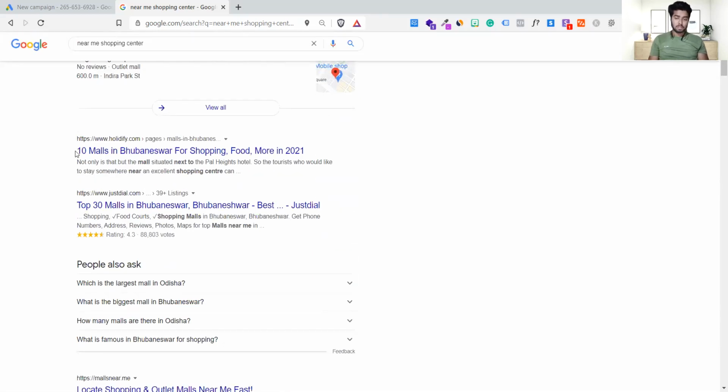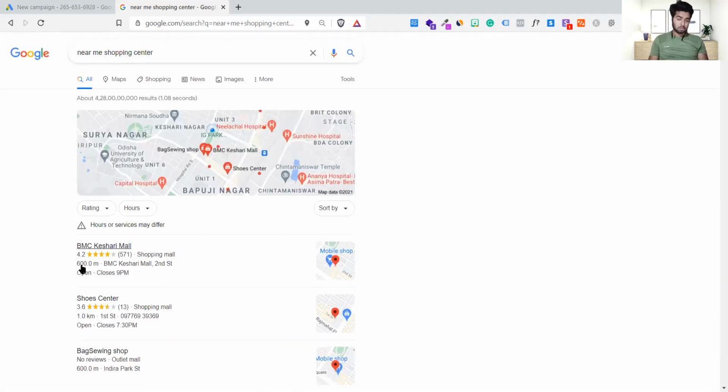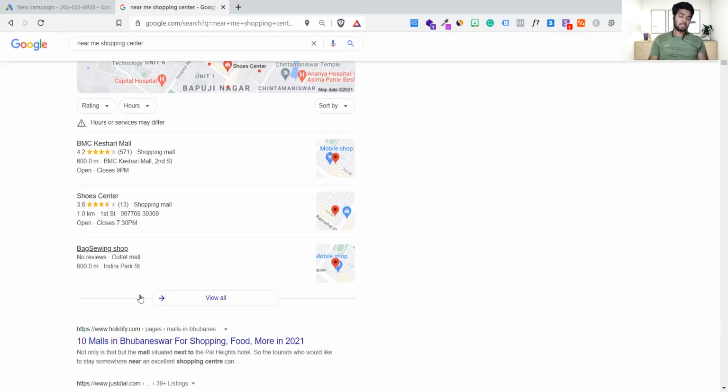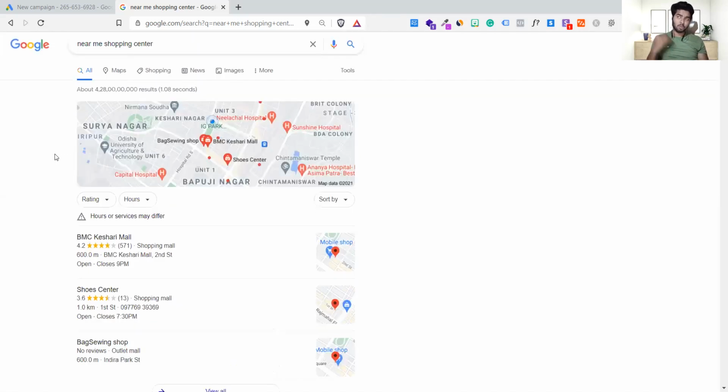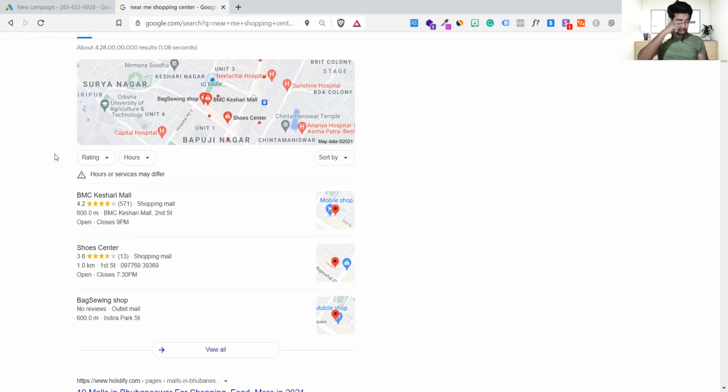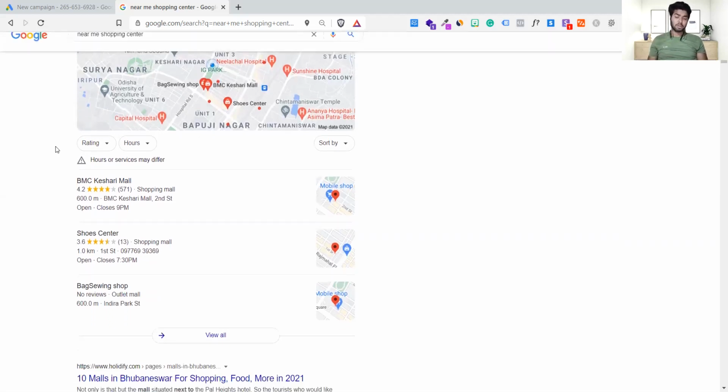The website's data comes on top by SEO, but this is different from the website, because it's the registration of your particular business as a location, with everything that needs to be there. It is called Google My Business. You provide Google all the information: what you are doing, whom you are catering to, your exact location, opening and closing timings, your feedback, and all. That's how they judge it.